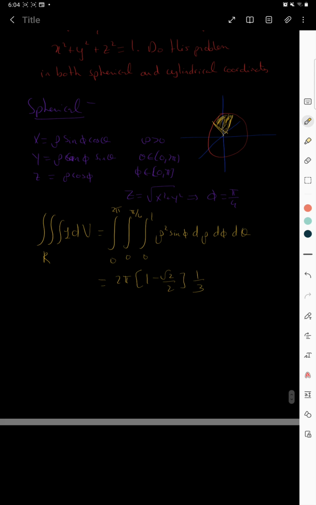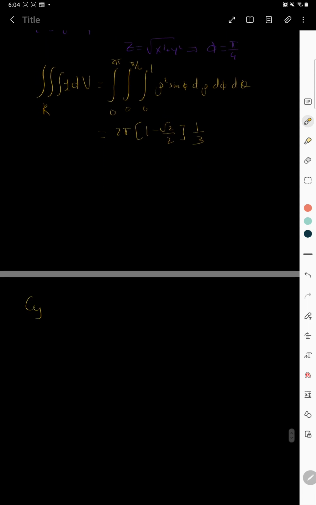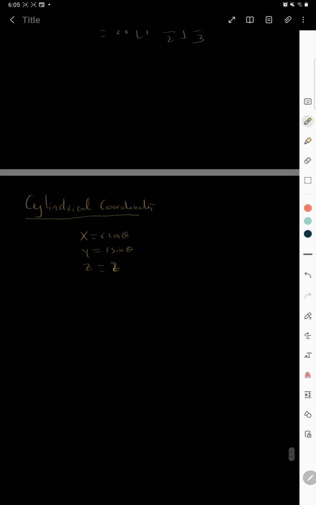Now, in spherical coordinates, we have described this region. Now let's describe it in terms of cylindrical coordinates. Now recall that cylindrical coordinates consist of x equals r cos theta, y equals r sine theta, and z equals z. Okay, so in cylindrical coordinates,